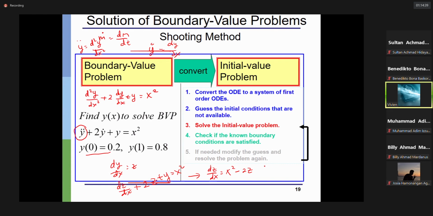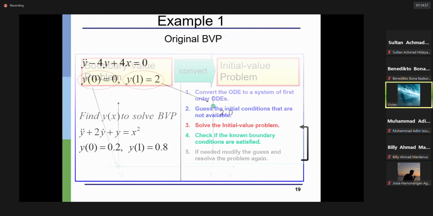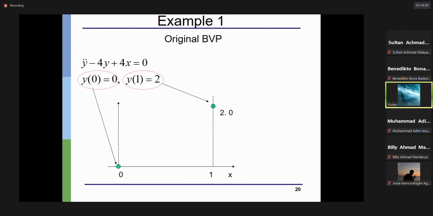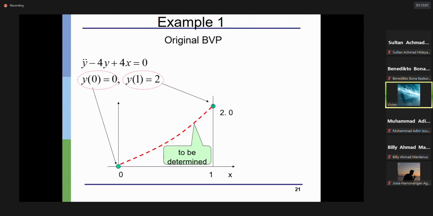And that will be minus y. Yeah, so this will be the second equation. So that we have two equations. It means that we have to give initial values for y and also for z, so that we can solve it. Okay, so then with the method that we had before from the Runge-Kutta,